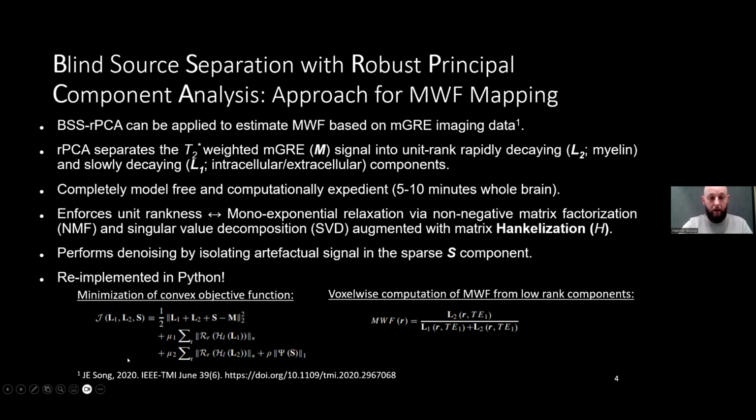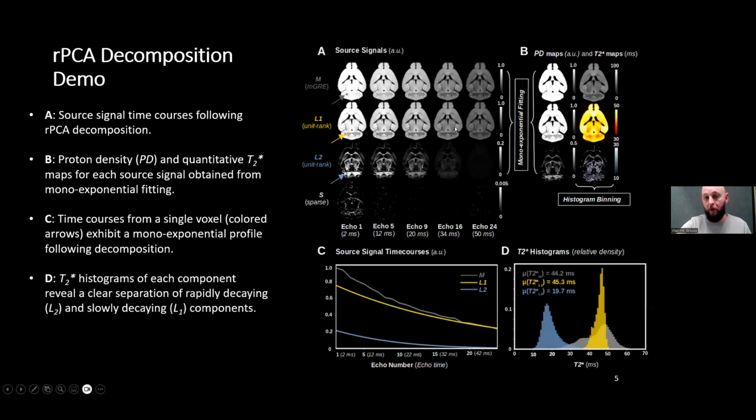So in algebraic form, what this looks like is the minimization of a convex objective function J, such that we extract these components L1 and L2 from M in a patch-based manner, while also enforcing Hankelization to enforce unit rankness and therefore mono-exponentiality of the signal. And then finally, we compute myelin water fraction for the whole brain by taking the ratio of L2 at the first echo time to the sum of L1 and L2. So that's a lot to take in really quick, but pictorially, what this looks like in its outputs is,